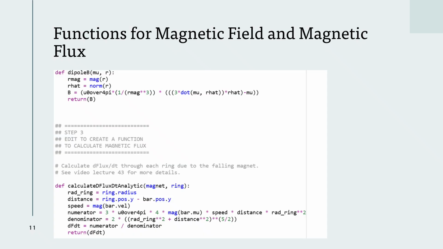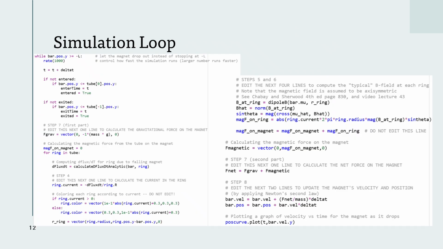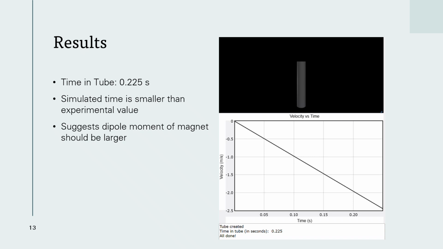And so then for the computational model, I made the functions to calculate the magnetic field and magnetic flux. And then through a loop, calculated the magnitude of the gravitational force and the magnetic force on the magnet by basically going through each ring of the aluminum foil. And then these were the results. So the predicted time was 0.225 seconds, which is smaller than the experimental value, which suggests that the dipole moment of the magnet should be larger, which was calculated back in lab 3